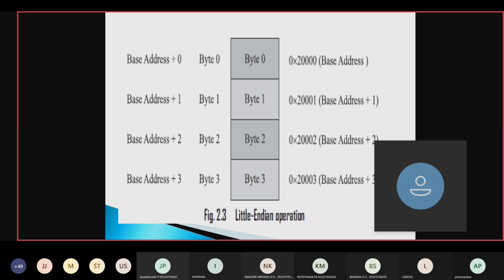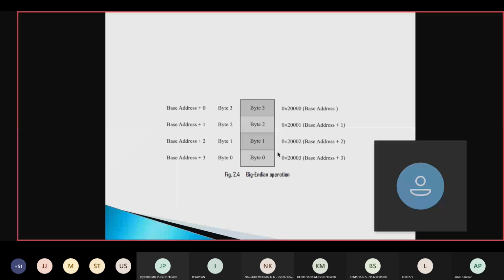So that's going to be called little endianness. From the base address, it's going to be stored like that. Whereas if I go for big endian, the reverse will happen. Byte 3 is going to be stored first, then byte 2, byte 1, and byte 0, depending upon the addresses. That's how we have little endianness and big endianness. This is one of the important terminologies which we need to know about embedded systems. Next, what we are going to have is called the